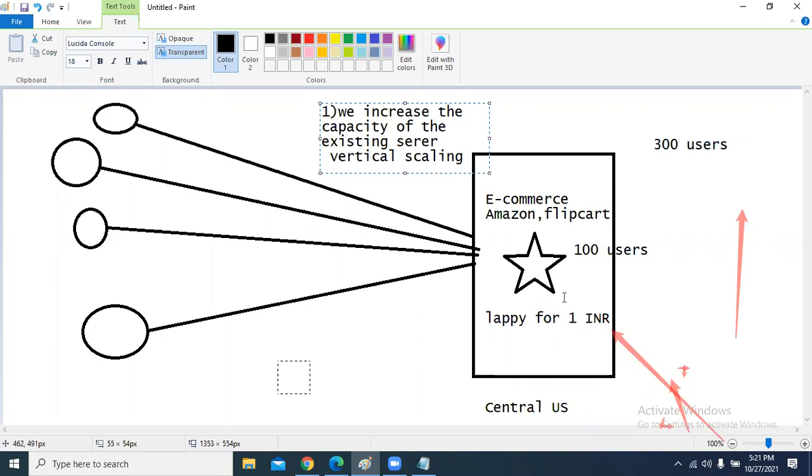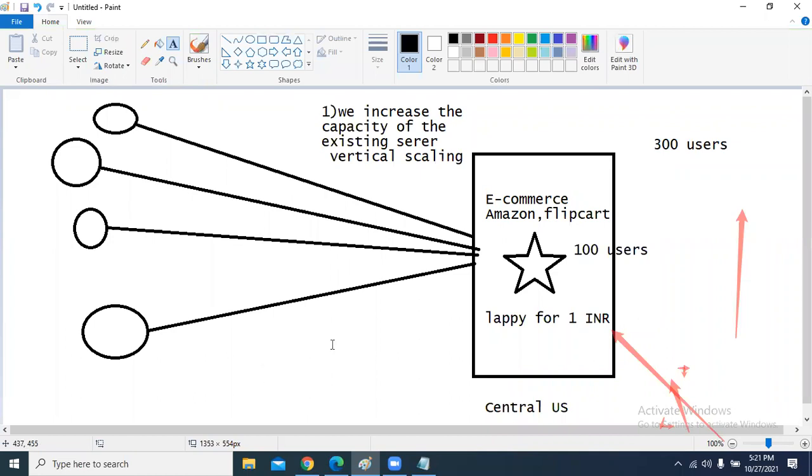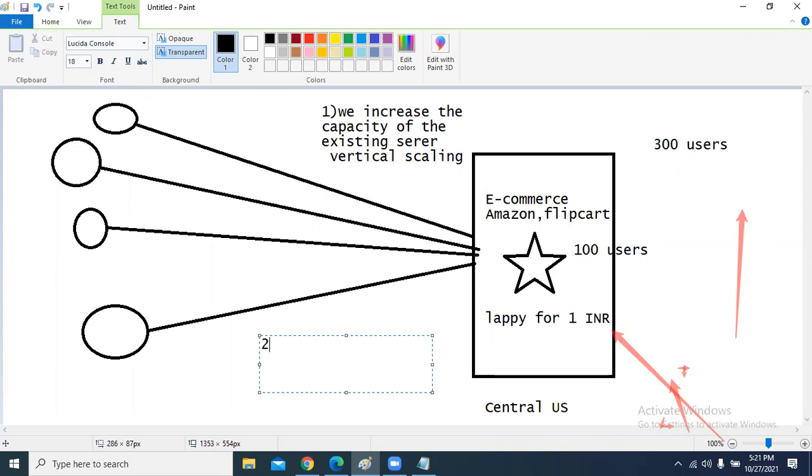Initially this machine is a very small machine and cannot handle more than 100 user requests, so I have to increase the capacity of the machine. This is the first option. The second option, to respond to more users, is to add one more virtual machine.